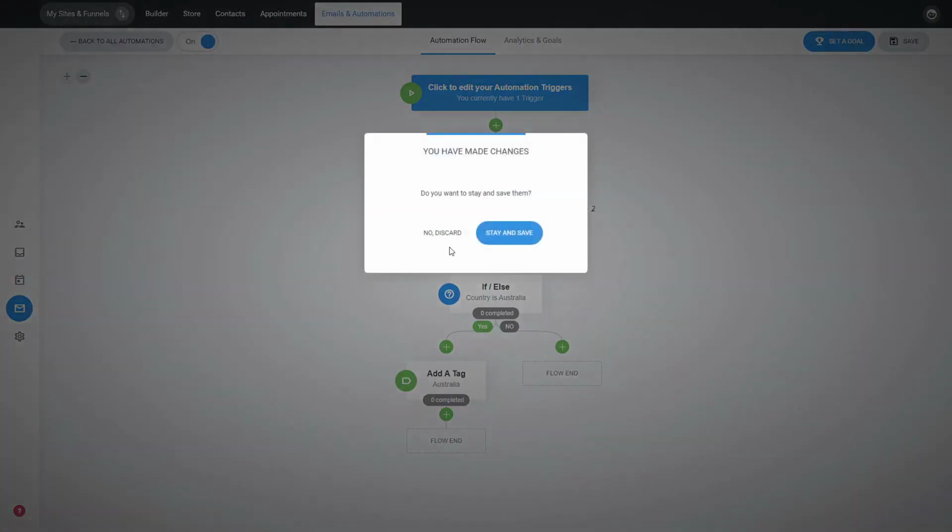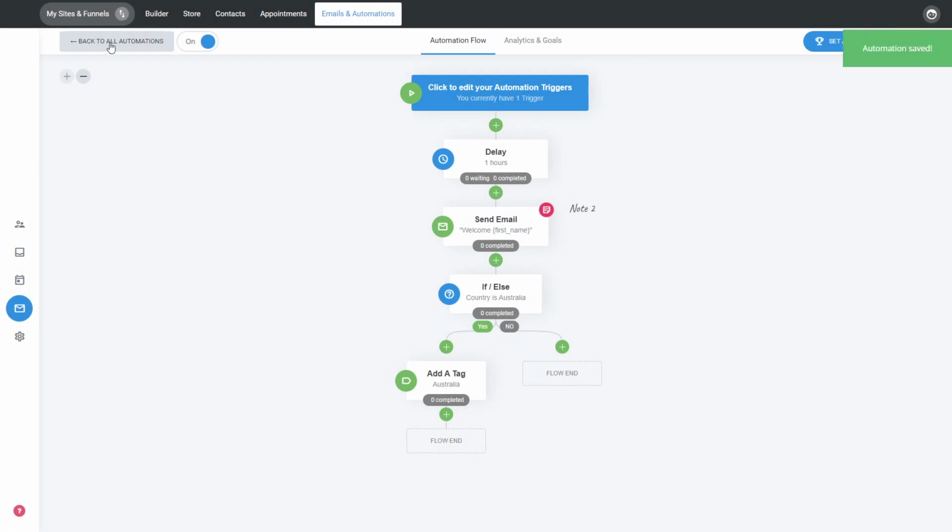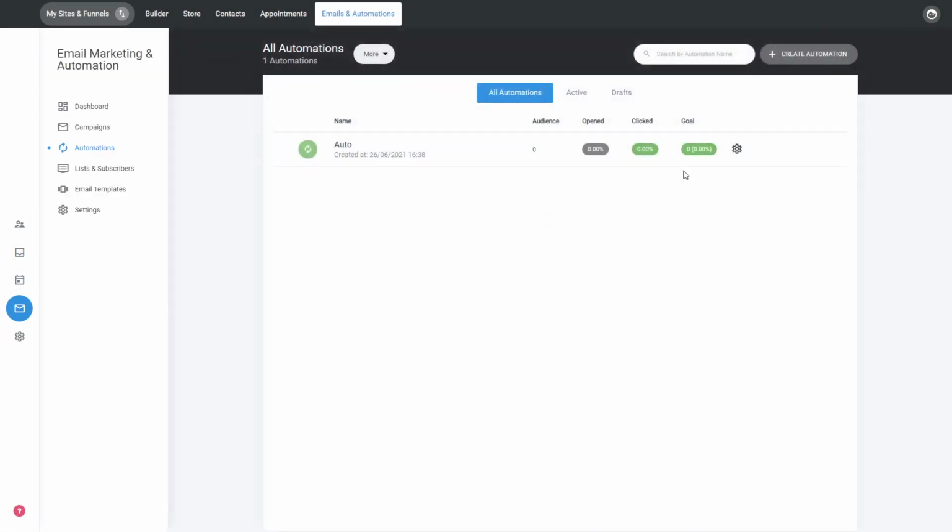When you go back, you can save changes and go back to automations, where you'll see all your automations, and there you'll see your open rates, click rates, and goals, which are if you have any goal set up. If not, it will just not be defined. You can of course clone your automation if you want to create a different version of it. But this is how simple